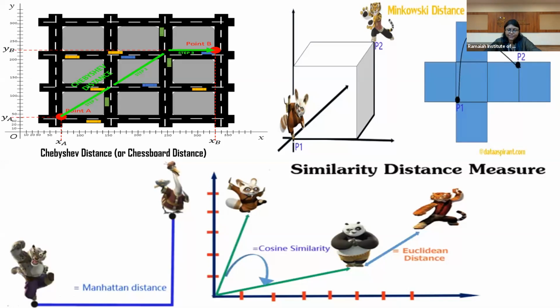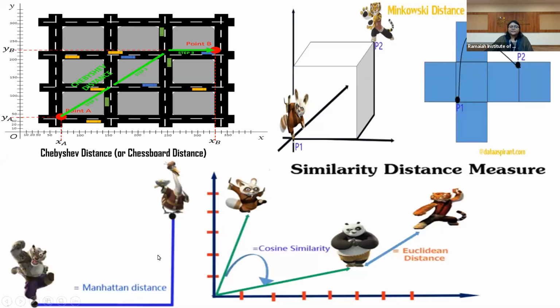Based on that, we'll start with the easiest one, that is the Euclidean distance. Hope you see this picture here. The Euclidean distance is the minimal distance between any two points. If these two are the points, then the minimal distance between them is known as the Euclidean distance. This is the simplest distance measurement technique.